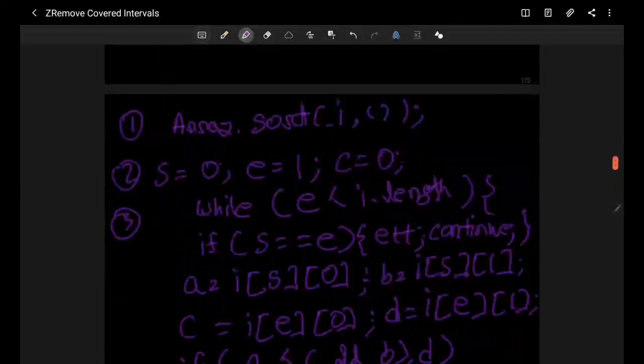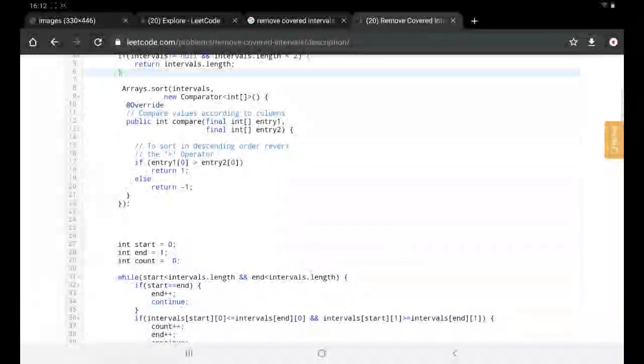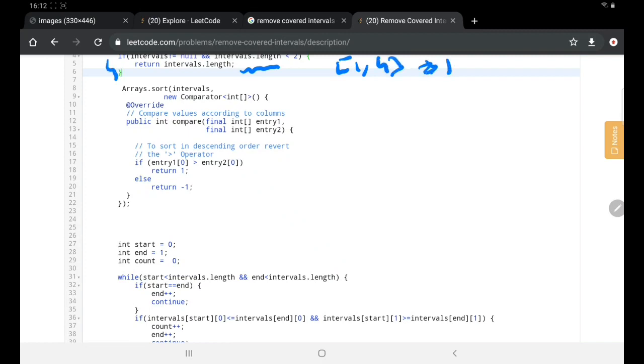So this is the simple approach. Okay, so let's see the code quickly. So what we are doing here, at first we are checking some edge case conditions. If my input contains only one interval, then we can obviously return 1, right? So we are checking this inside the first if condition. Now we are doing sorting here, right? We wrote our custom comparator, and we are sorting the given 2-dimensional array based on our starting time, right? So all the intervals will be sorted according to our starting time after executing these steps.